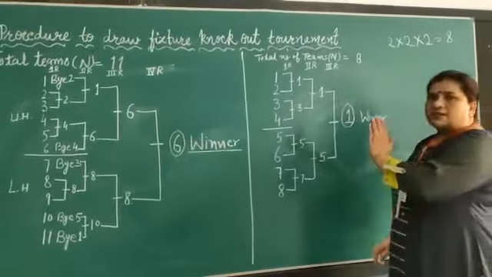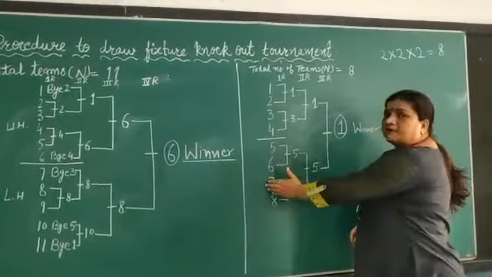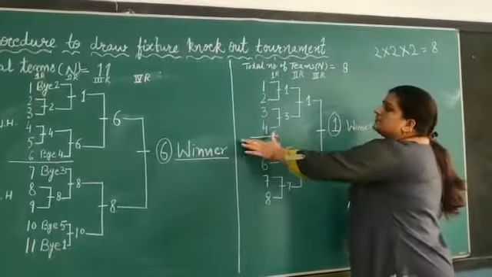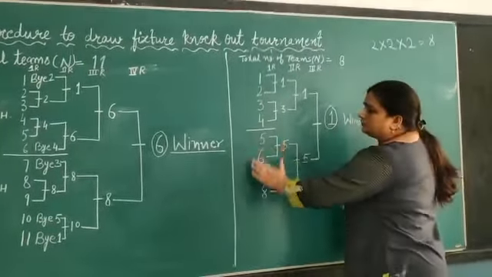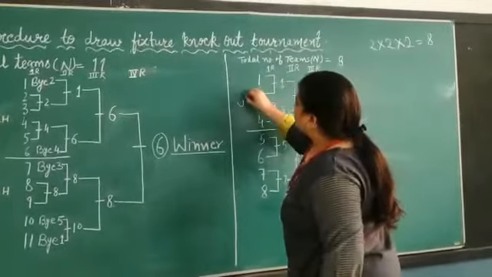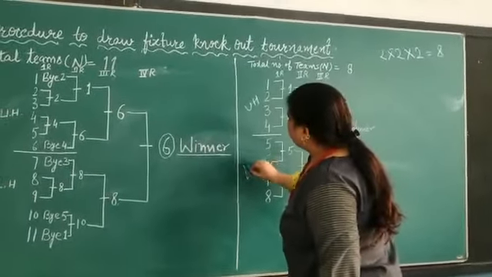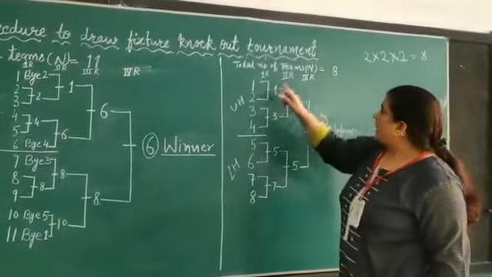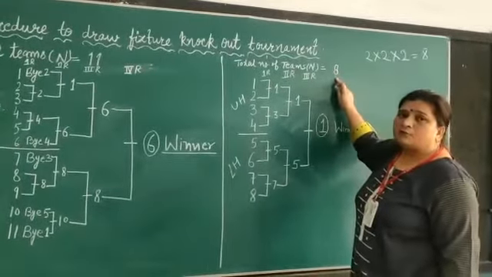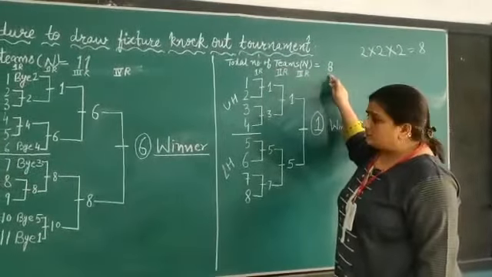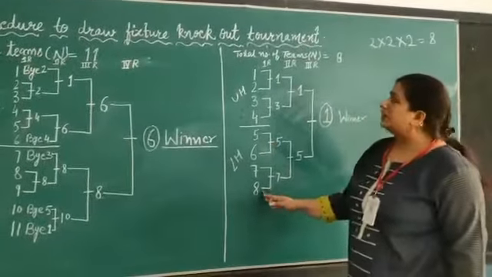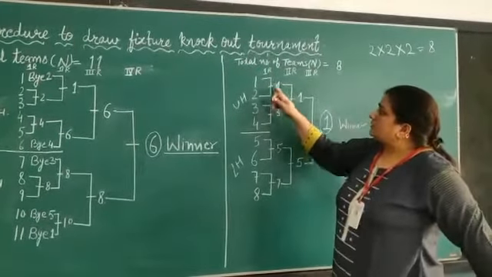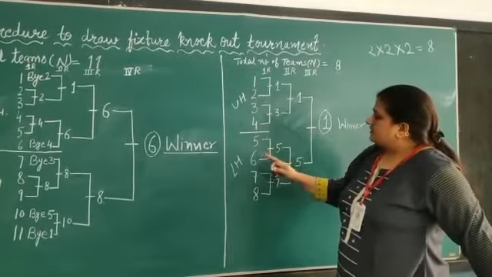So in the division into upper half and lower half, in the case of an even number of teams, we don't apply any formula. They are simply divided, 4 in the upper half and 4 in the lower half. So 4, 4 each. As it is a power of 2, we don't have to give any byes to any team over here. So we'll just make 1 and 2 play together, 3 and 4, 5 and 6, 7 and 8.